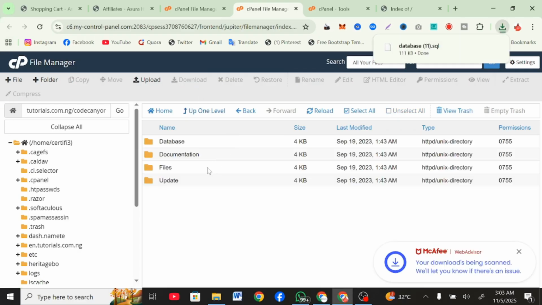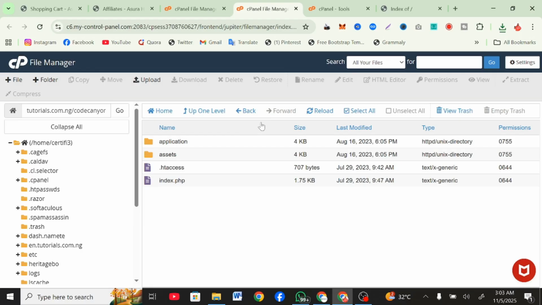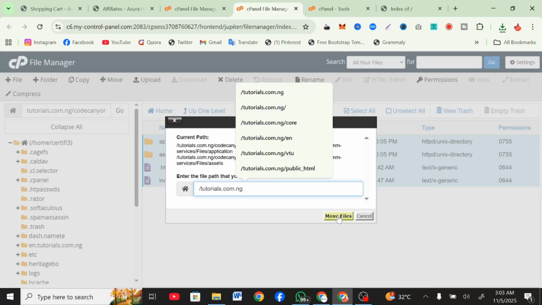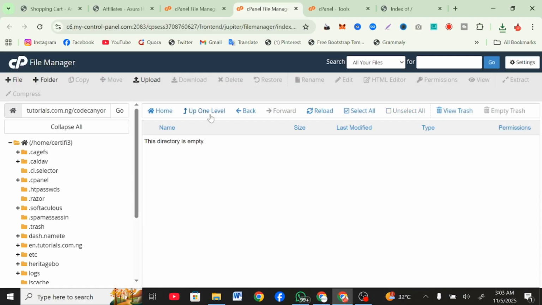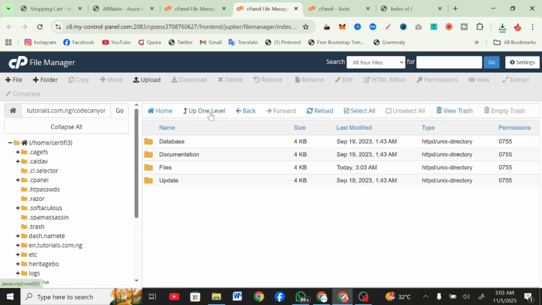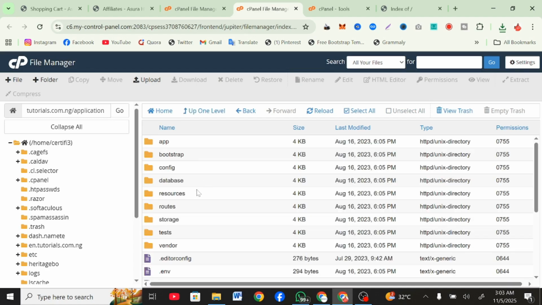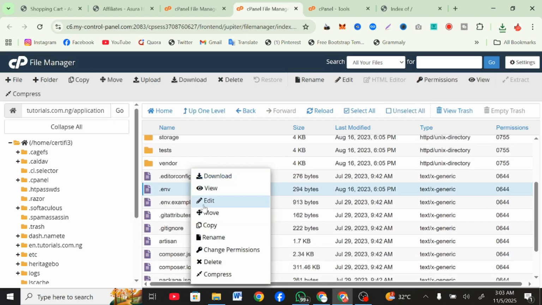Then you go into the file, which is this one, and you click on the file. Select everything and move it to your public_html. You move everything here and then you click on move file. Now you have everything moved. The next thing you want to do is to open application, then click on the .env file